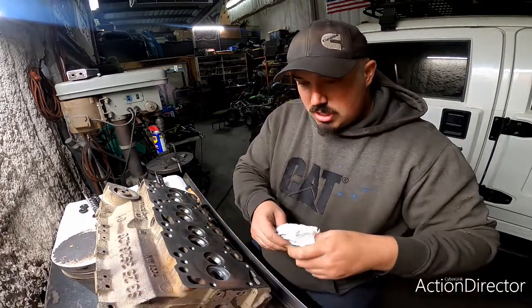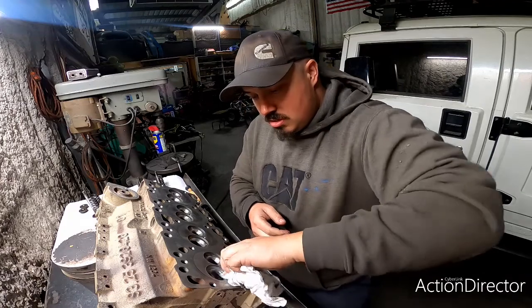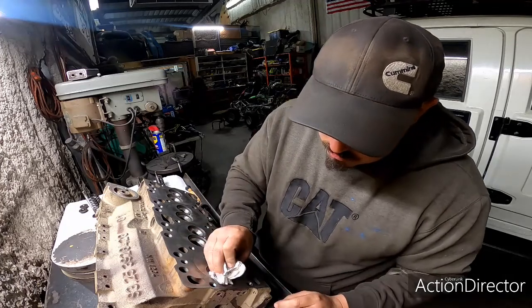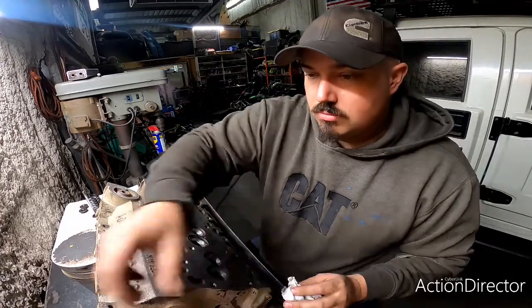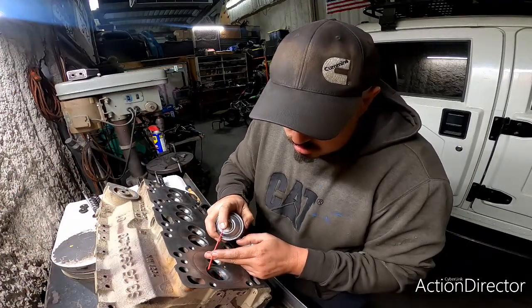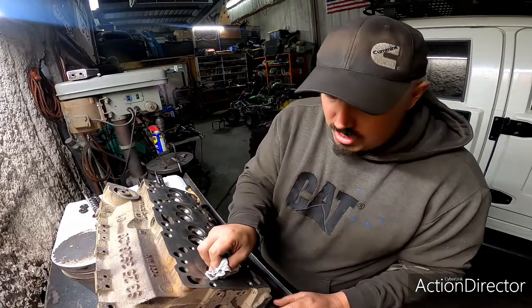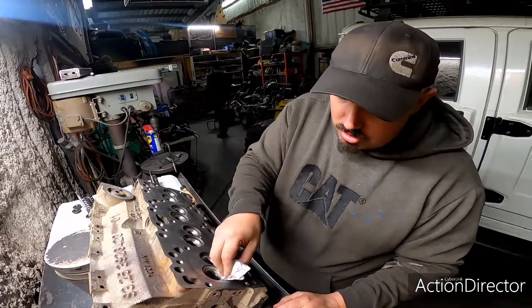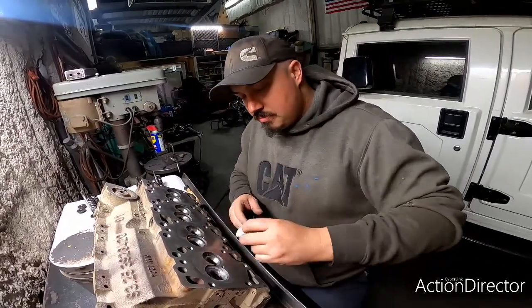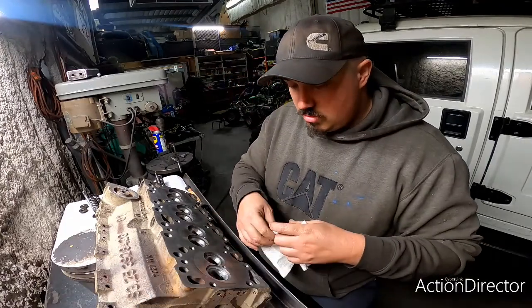Let's clean this up and take a look at what we got here. A little bit of brake clean, just a little bit. Because as you wipe that gritty sand away, it dries out, and then the sand is kind of hard to get rid of when it's just sitting there dry. And maybe not obviously, but when you're done doing a job like this, you need to pressure wash,